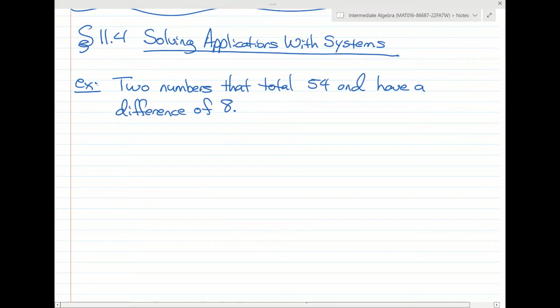So this means the first number plus the second number has to equal 54. And the first number,